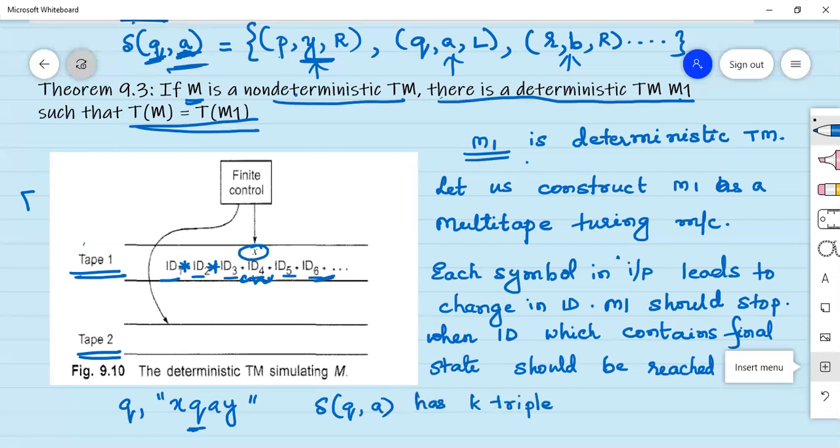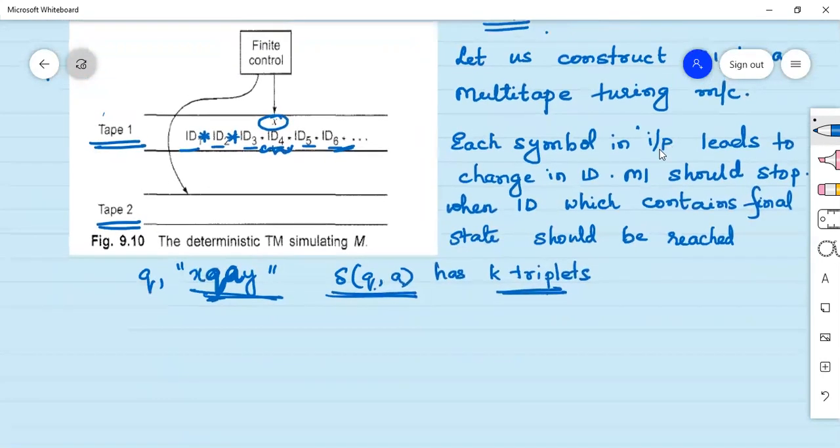I'll repeat again. What I am saying here is this is the ID, and you can see that this is state Q and the next symbol is A. So that means next I have to see what is the transition for Q on A. Let us say it has k triplets, here I have written 1, 2, 3, dot. In which case what will be done? If it has k triplets, M1, the machine,